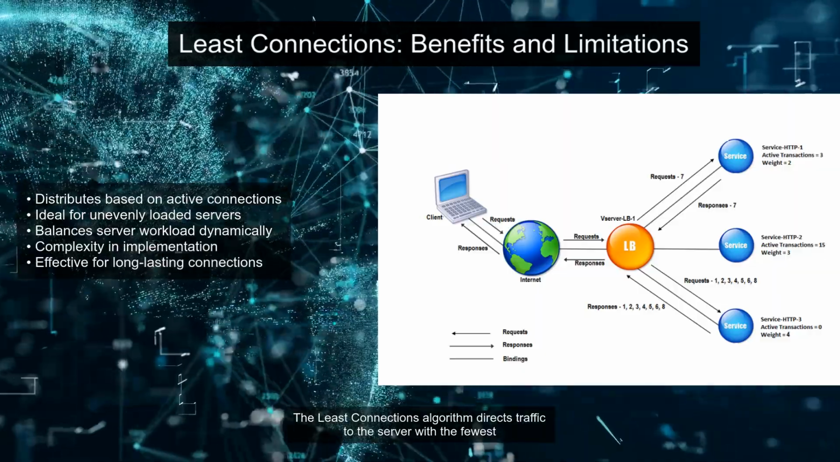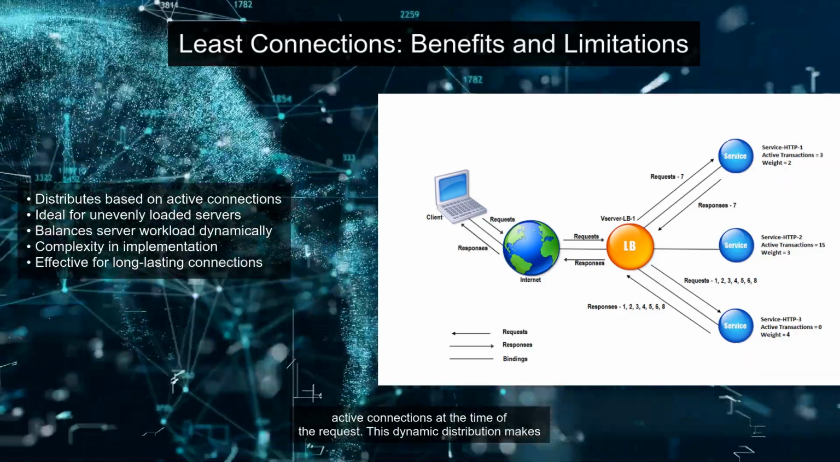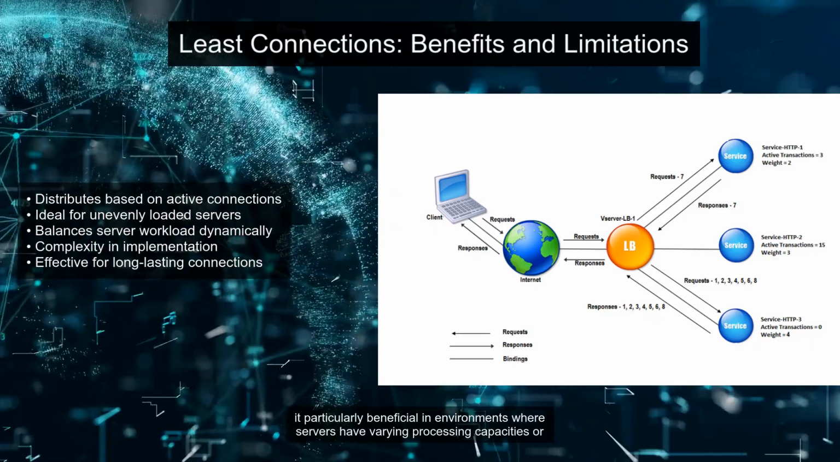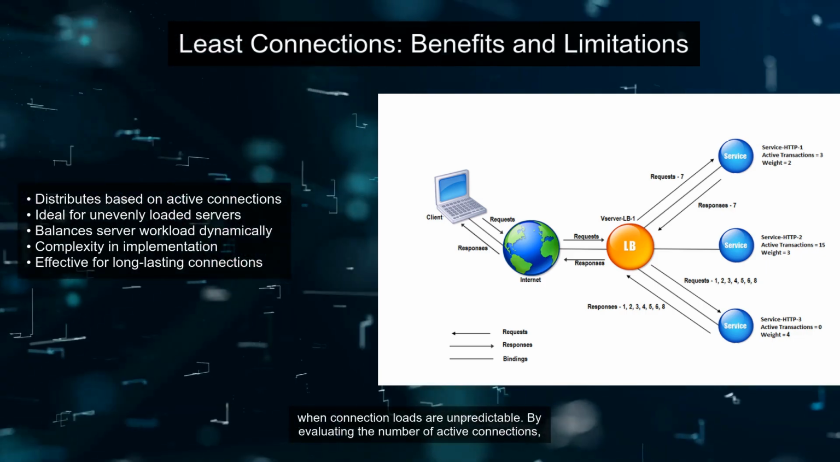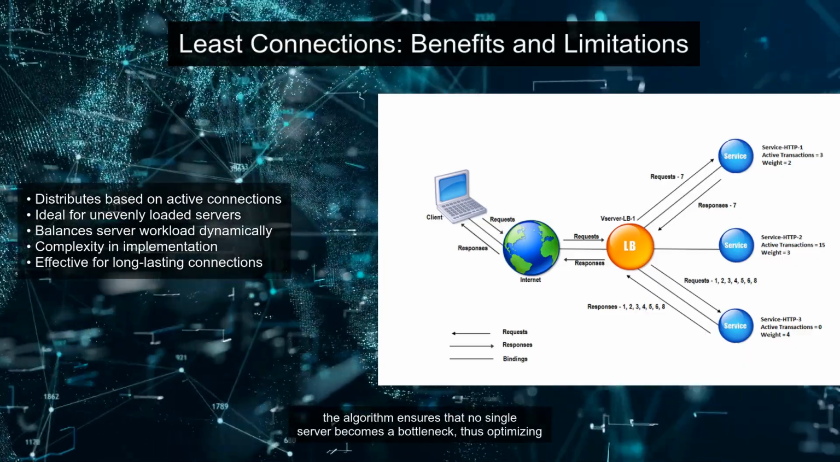The least connections algorithm directs traffic to the server with the fewest active connections at the time of the request. This dynamic distribution makes it particularly beneficial in environments where servers have varying processing capacities or when connection loads are unpredictable. By evaluating the number of active connections, the algorithm ensures that no single server becomes a bottleneck, thus optimizing